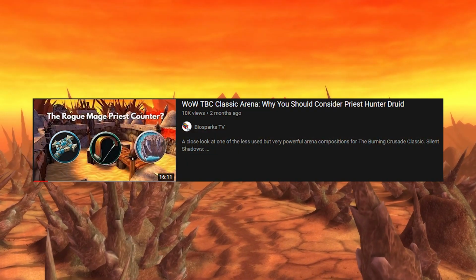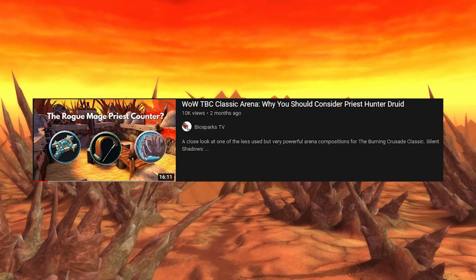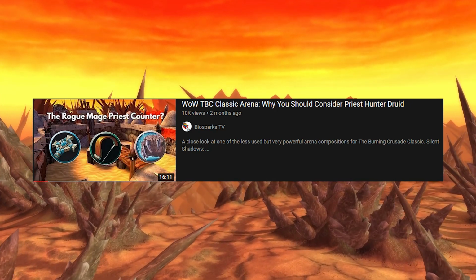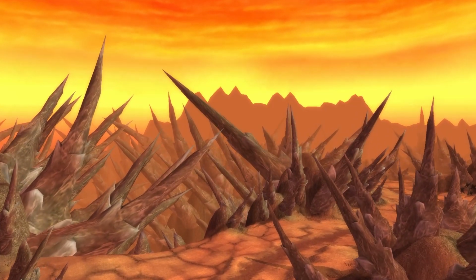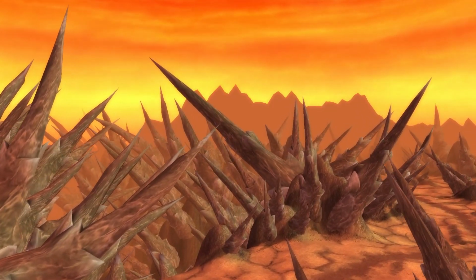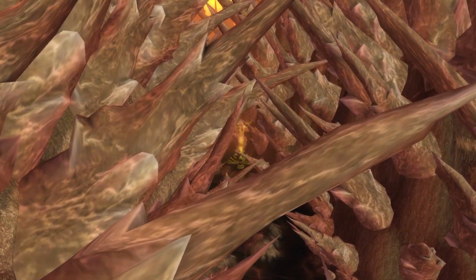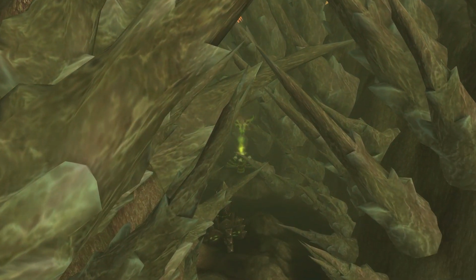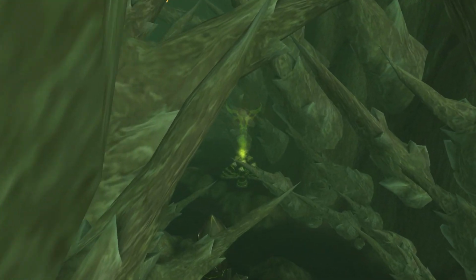but I did come across a disgusting composition highlighted by Biosparks TV, which I've put the link in the description to, and that is Priest, Hunter, Druid. It's essentially double healer warrior, except you replace the warrior with the marksman MS effect instead. This paired with the ability to drain mana and provide a ranged silence leads to a very resource centered battle